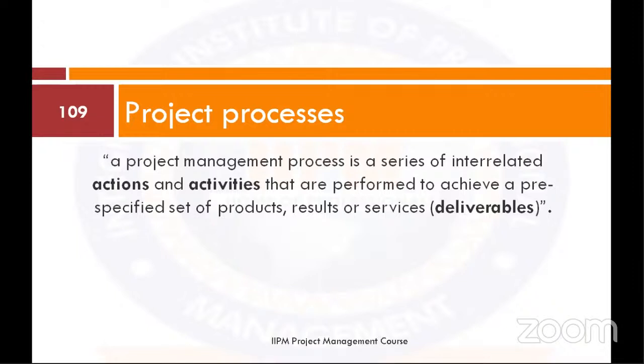So just like we tried to explain that a phase contains processes. These processes are what we now look at in a phase as, okay, this phase will give this result or this product or this service. Then these are the processes, or the series of activities, that we use to give this product or result. And we are definite about it. Okay, that's what we are looking at.